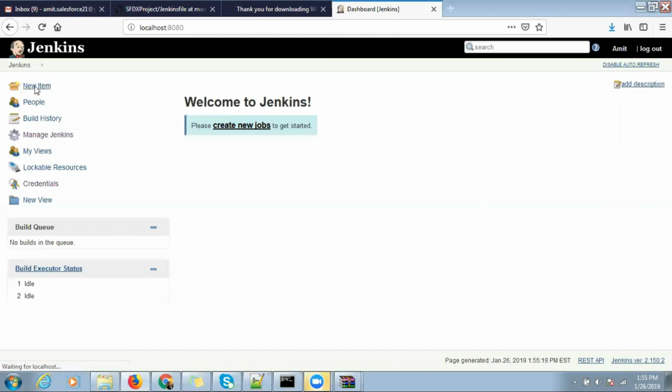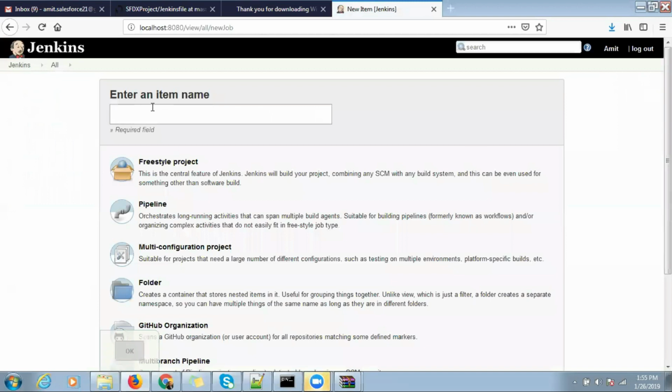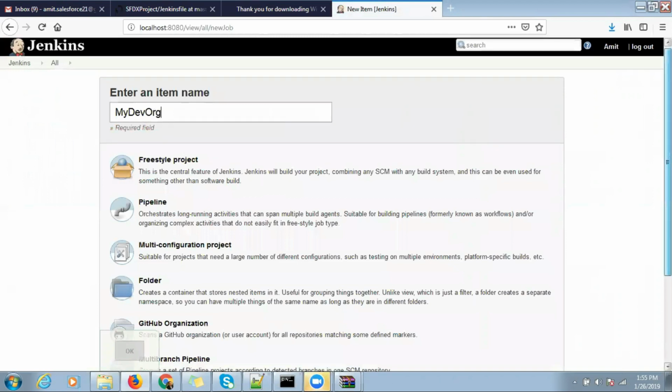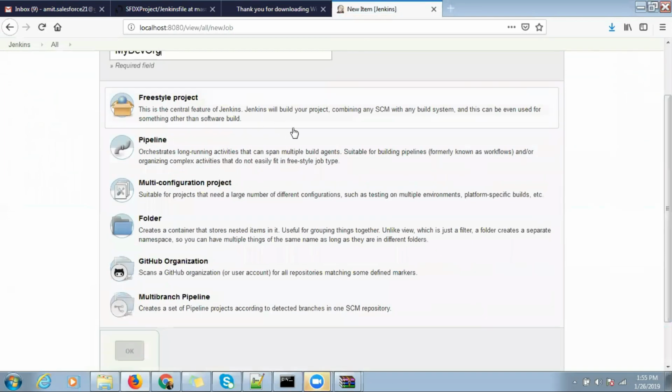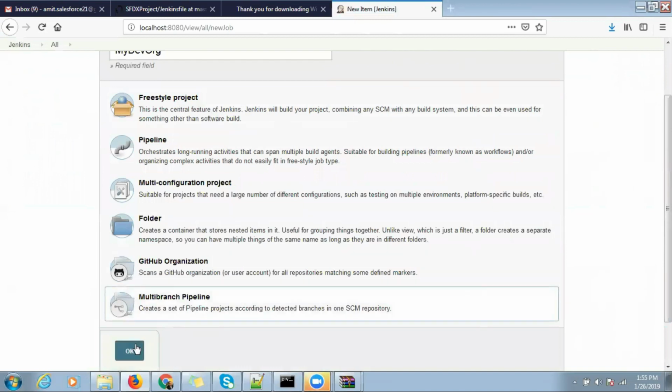Now click on the new item and set up your Jenkins and add whatever name you want to give. Let's say my dev org, and then select the category, whatever you want to use. You can create a freestyle project. I'm using the multi-branch. Click on this,